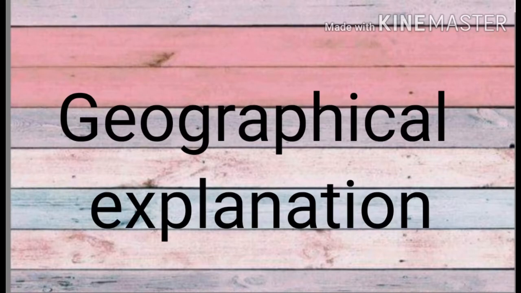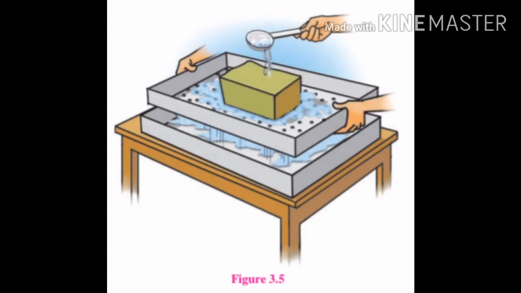Now let's see the geographical explanation for this. Students, let's suppose that the air is like a piece of sponge. How many spoons of water does the sponge absorb? It depends on the size of the sponge. Some students will take a small sponge. It will hold 1 or 2 spoons of water. If you have taken a big piece of sponge, then it will hold 4 or 5 spoons of water. It depends on the size of the sponge.